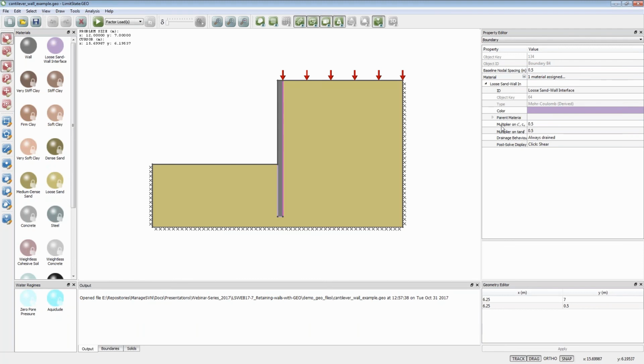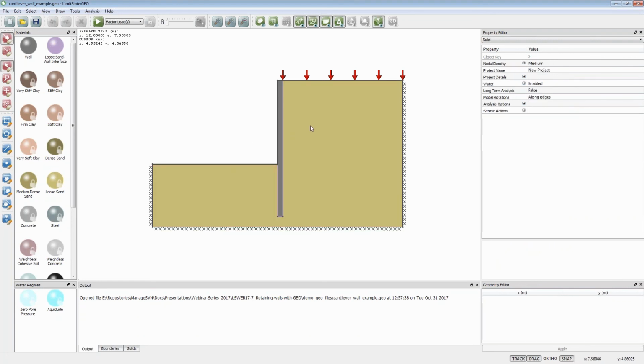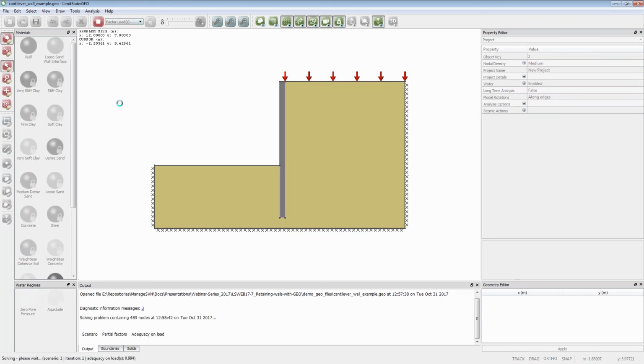And in this case, I'm using what's called a derived material, which means that I'm saying the strength of that material is 1/2 of the parent material, and the parent material is this loose sand, which has an angle of friction of 30 degrees, and that parent material is what I've employed around the wall. So if I change the properties of the parent material, the interface material will automatically follow. I've got a surface load applied here, and that is essentially what I've got the adequacy factor applied to in a factored load mode. So if I click solve on here,